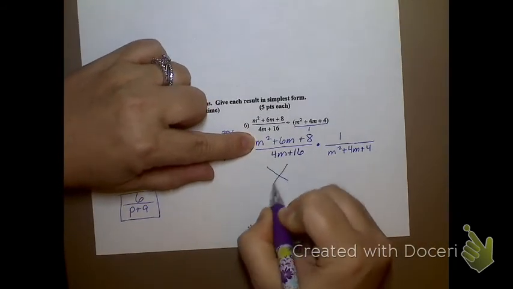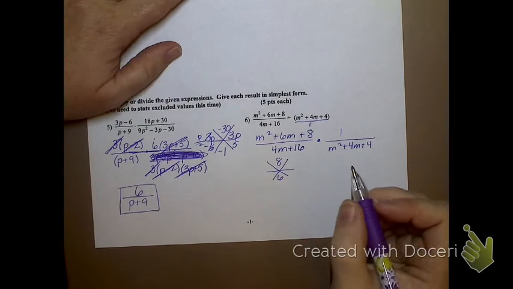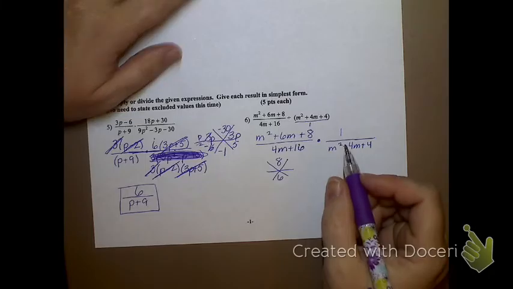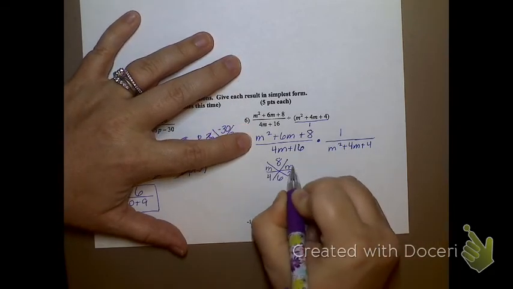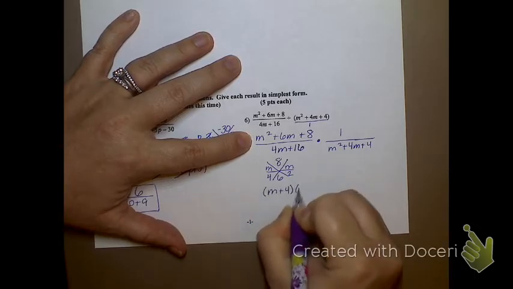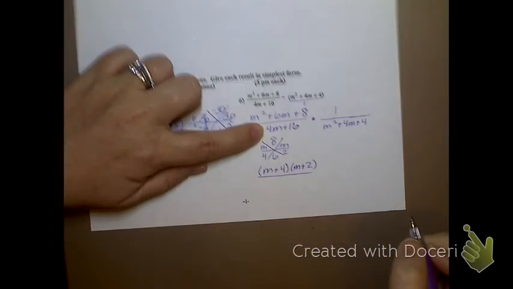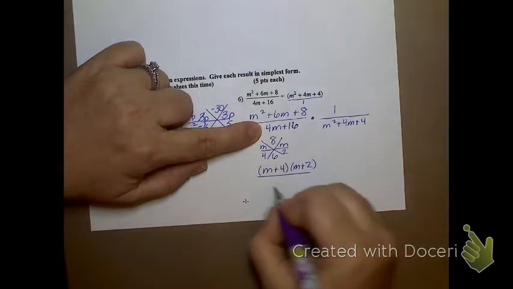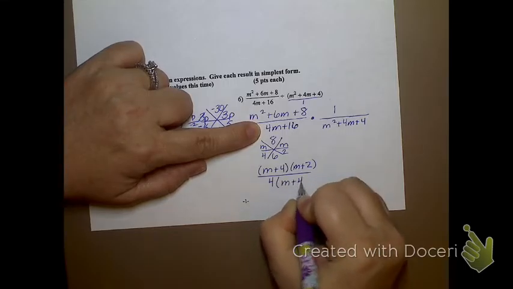All right, snowflake for this. I have 8 and 6. What are my two numbers? 4 and 2, and m. So I have m plus 4, m plus 2. Underneath, how does the 4m plus 16 factor? 4 parentheses, m plus 4,